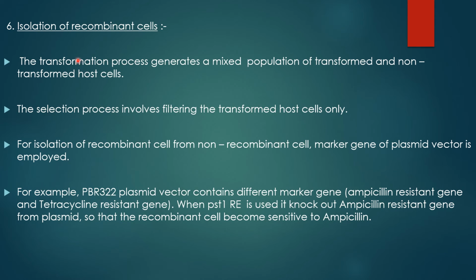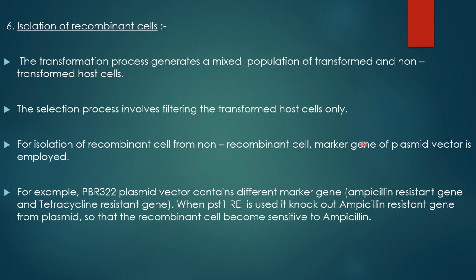Sixth, isolation of recombinant cells. The transformation process generates a mixed population of transformed and non-transformed host cells. The selection process involves filtering the transformed host cells only. These are the cells we transfer into the host cell, for isolation of recombinant cells from non-recombinant cells that we do not transfer it,